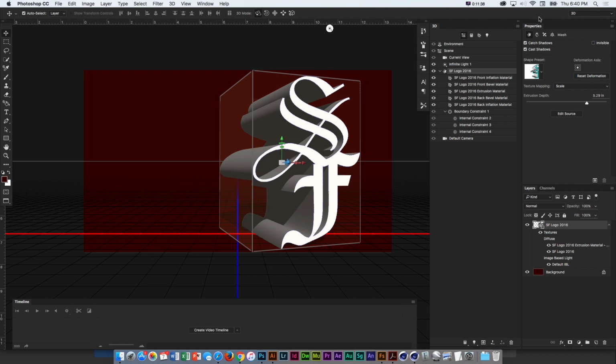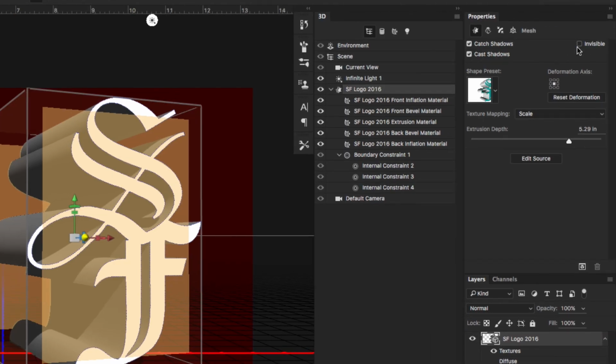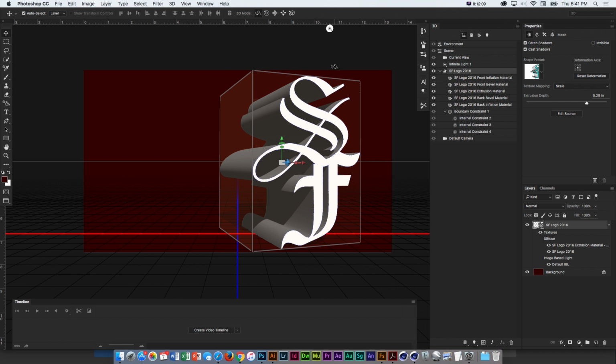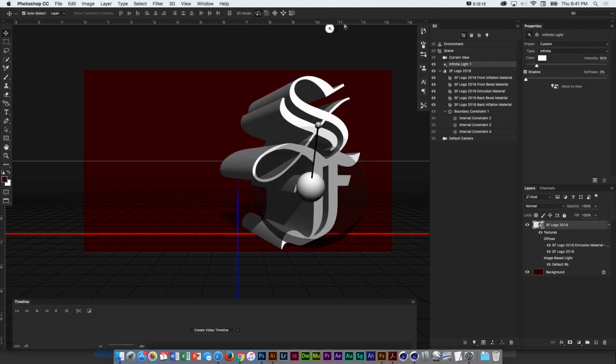Then there's properties, which is the second important part. As opposed to the typical channel styles, there are these two panels that house everything that would be in a full 3D program. Depending on what you have selected, it shows you the properties for that. By default, it gives you this default light. If we click on that up here, you can move where the shadows are falling based on that.